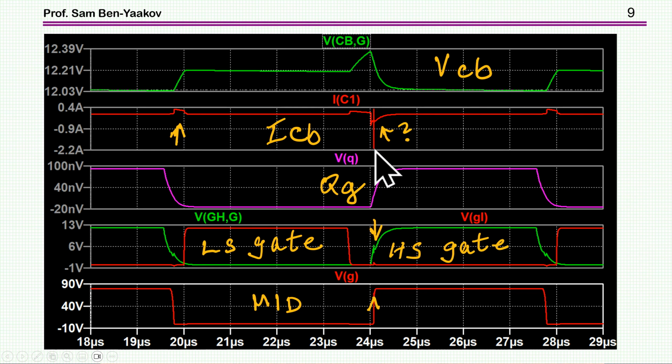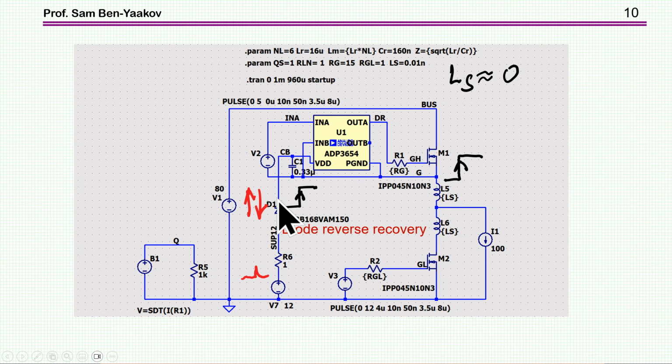But there is another phenomenon here. There is this spike here. So why is this spike all of a sudden? See that this spike coincides with the midpoint going up. Okay? So why is this? Well, as we have said, during the time that we had here -1 volt, the diode was conducting. It didn't finish conducting. It's still conducting. And then all of a sudden, this voltage goes up, the midpoint,